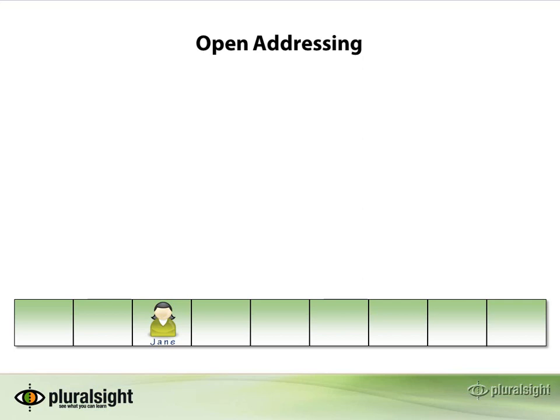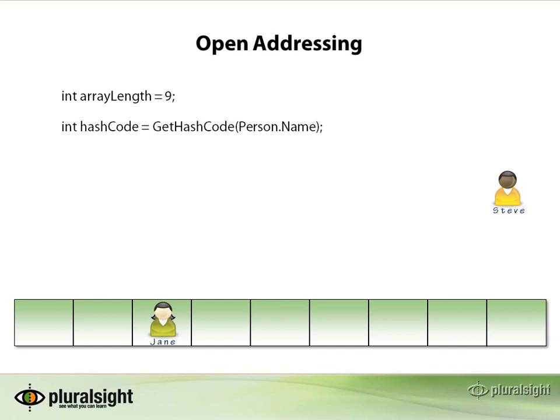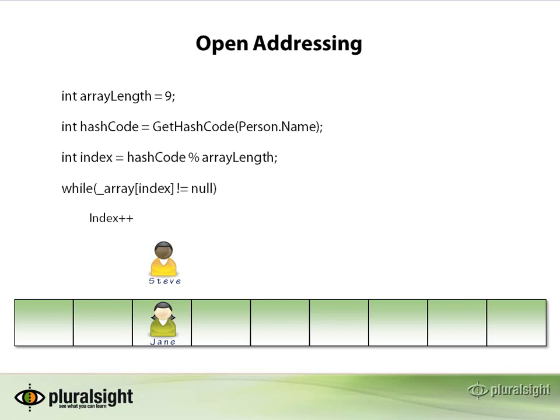So open addressing. We have an item Jane already in the hash table. And we want to add the item Steve to the hash table. So we go through our add algorithm. We get the hash code for Steve. We find the index. And what we discover is that Steve and Jane collide. So what we're going to do is say, while the array index is not null,